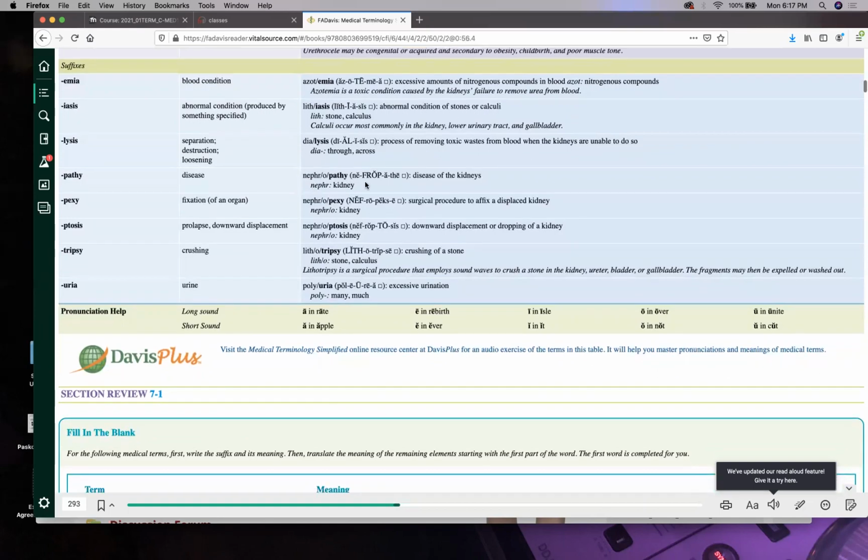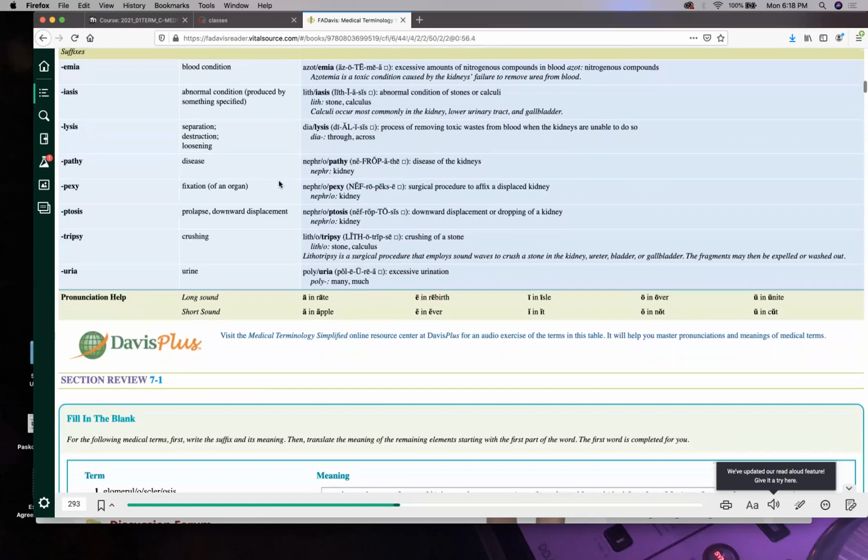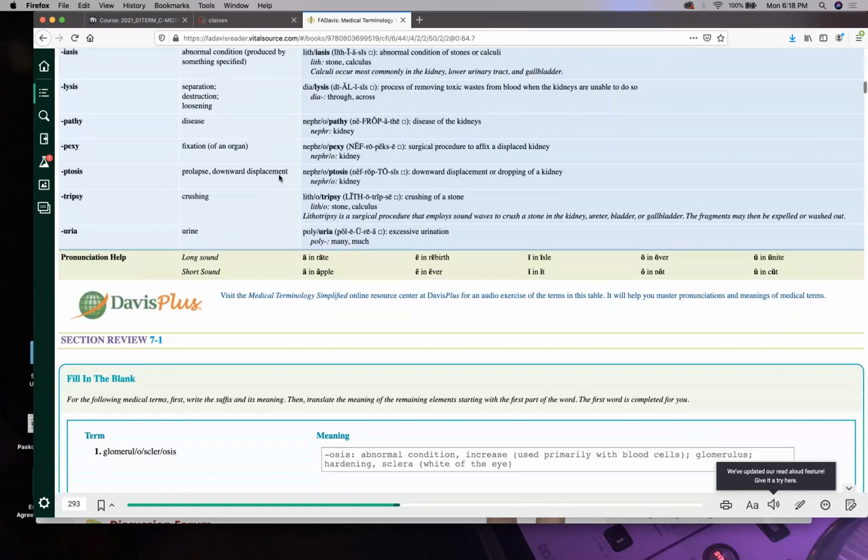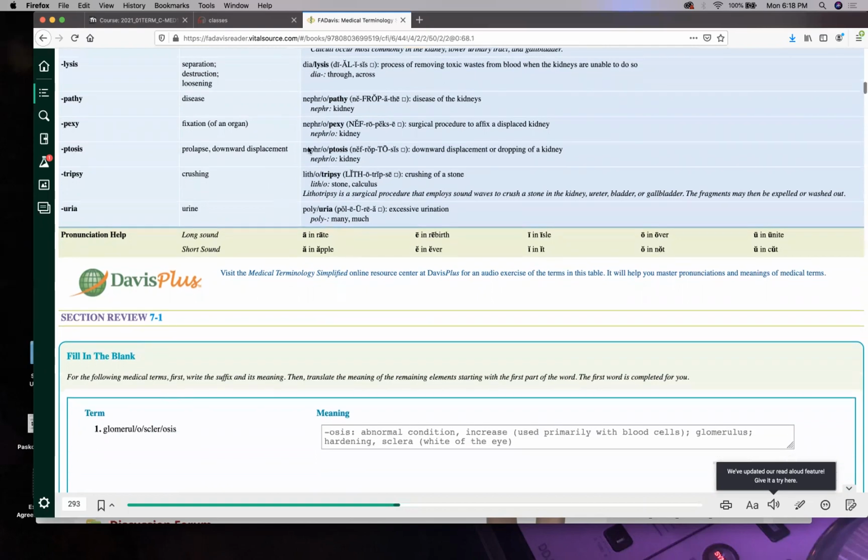Nephropathy. Any problem or any pathology with the kidney is done by a nephrologist. So they are experts at nephropathies. And that's bad news because if my kidneys don't work, I won't be able to deal with a whole bunch of things. And you'll learn in anatomy and physiology that the kidney not only filters the blood, it does like 5, 6 other really important things.